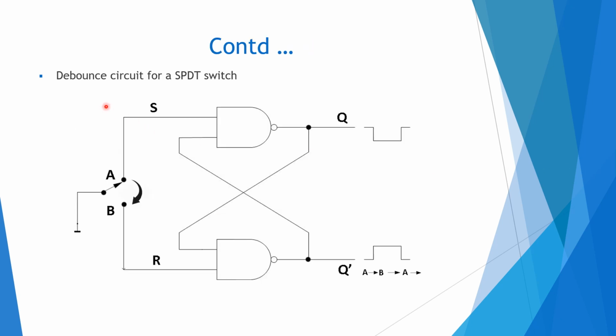So this is a Debounce circuit for a SPDT switch. Here you can see this is a SPDT, single pole double throw switch, and this is the ground. Suppose it is at position 1, that is position A. When we press A, it bounces from B to A. There will be some motion, but when the switch position is at A, that is 0, it is a set condition here. So Q turns to 1,